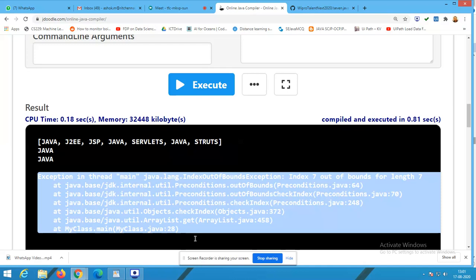So how to give a meaningful message in that case? Okay, the position you are searching is not available. The size of the list is only this much. You can access only from this position to this position. Likewise, some useful understandable message can be given through our exception handling, right? That's the next level of learning.